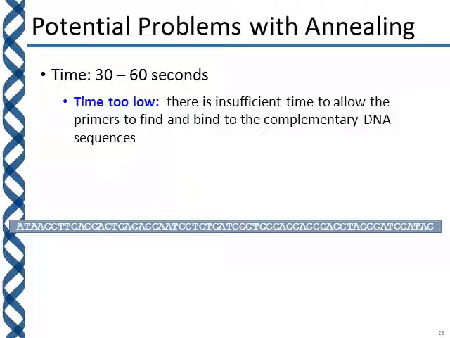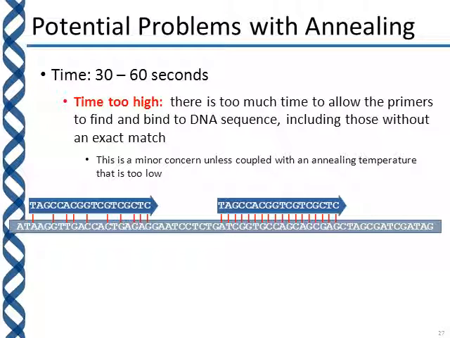So if you think about all the different primer molecules floating around in your PCR master mix along with the template DNA, you have to allow enough time for the primers to find the location that they're designed to in this big floating mixture, and if you shortchange the annealing step in terms of time, you won't. However, if the time of annealing is too high, you end up with the opposite problem, which